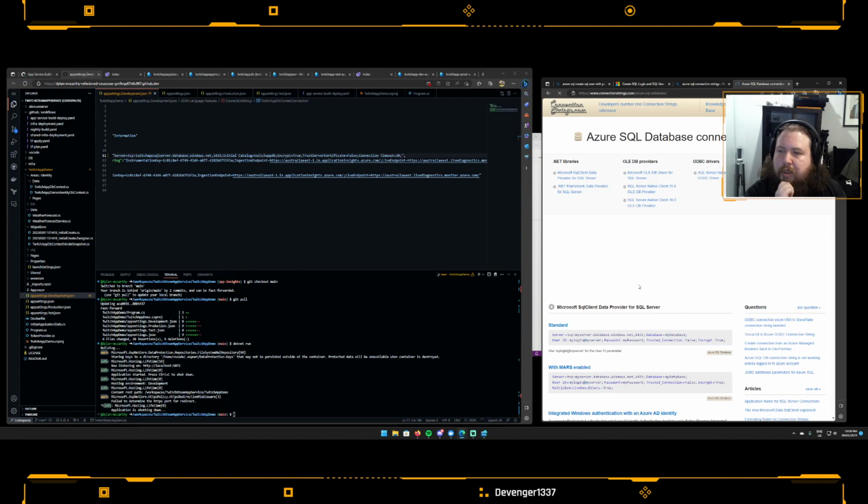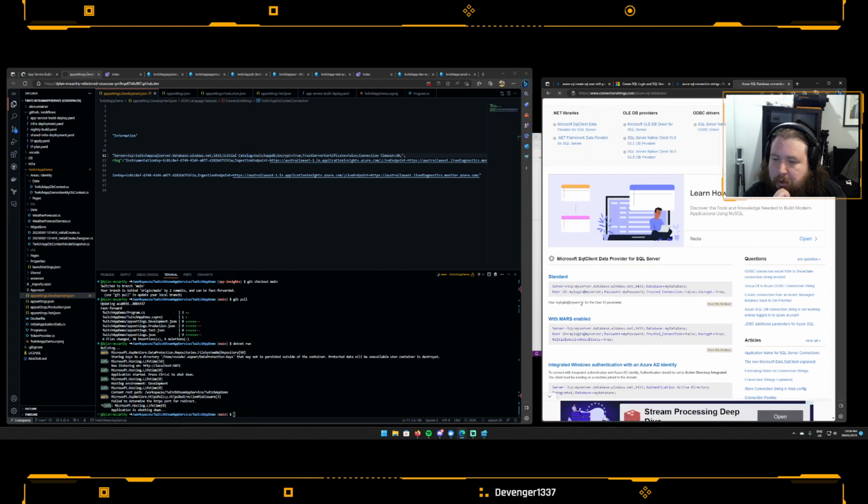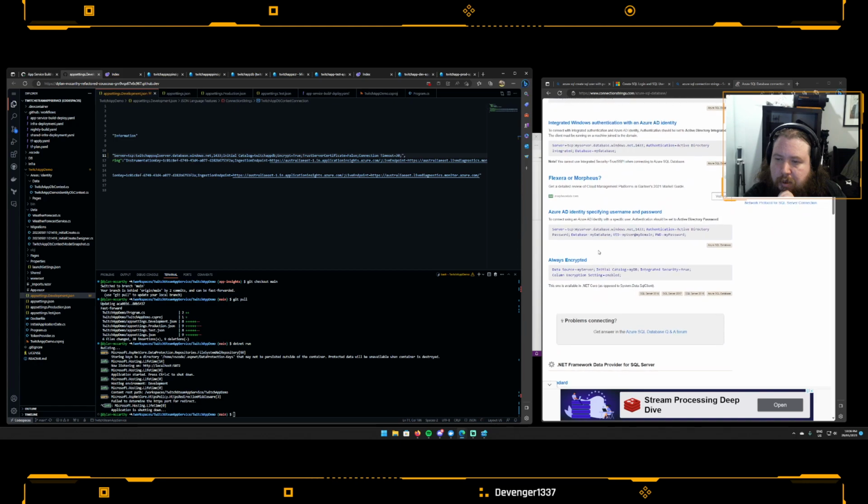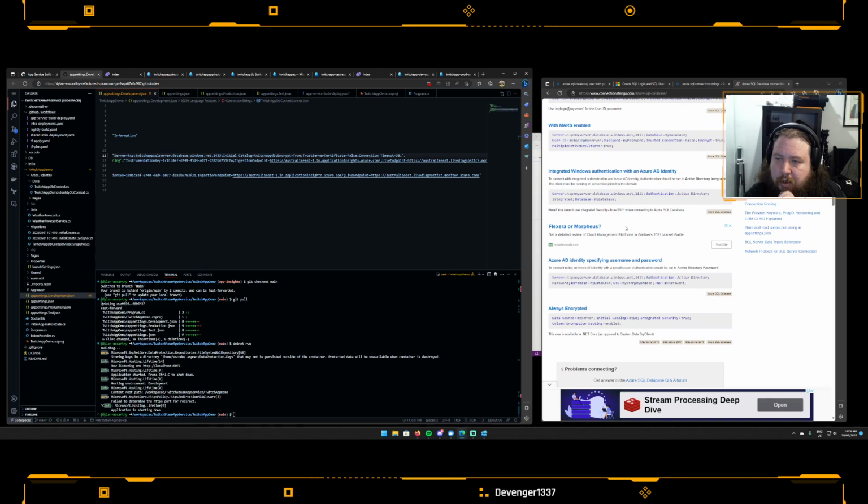Do I need to do anything different to give it the user ID and password? So that's the Azure ID. That should be fine just to give it user ID